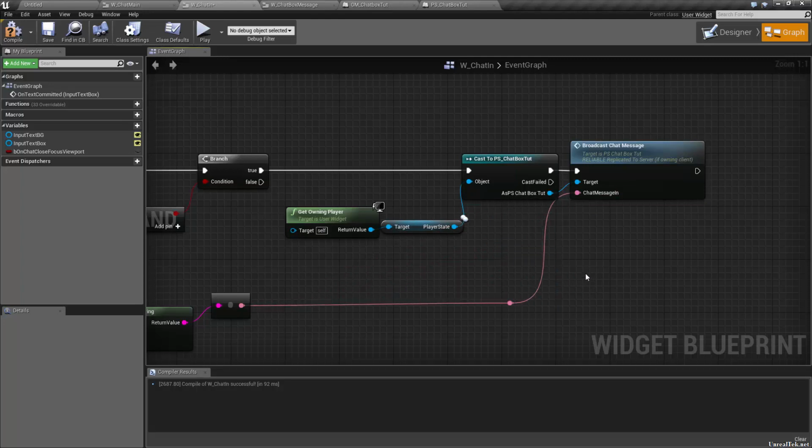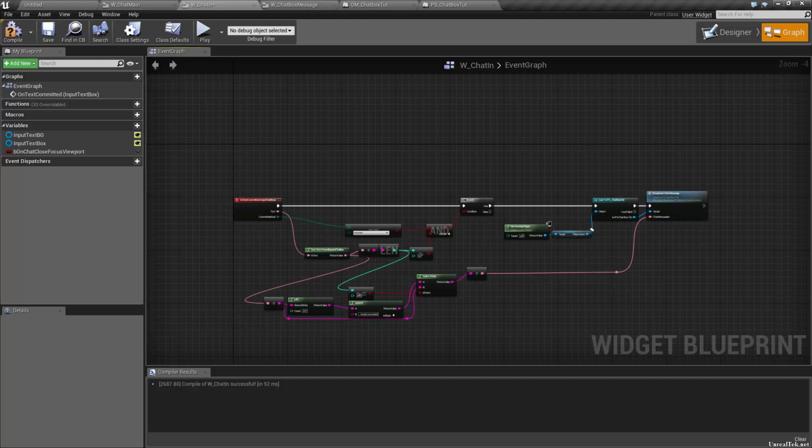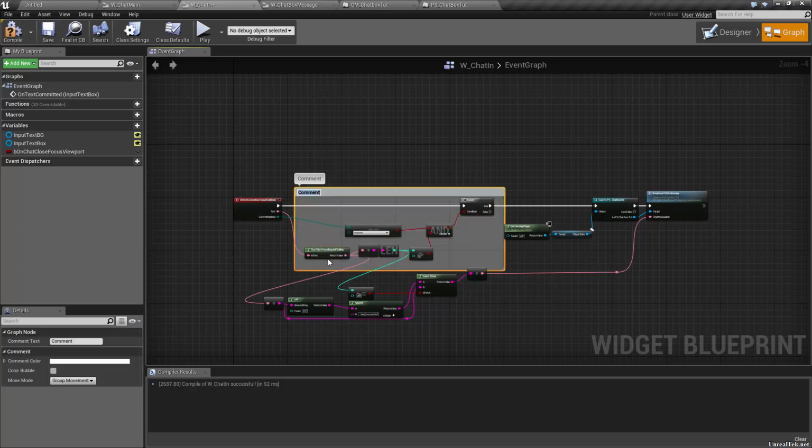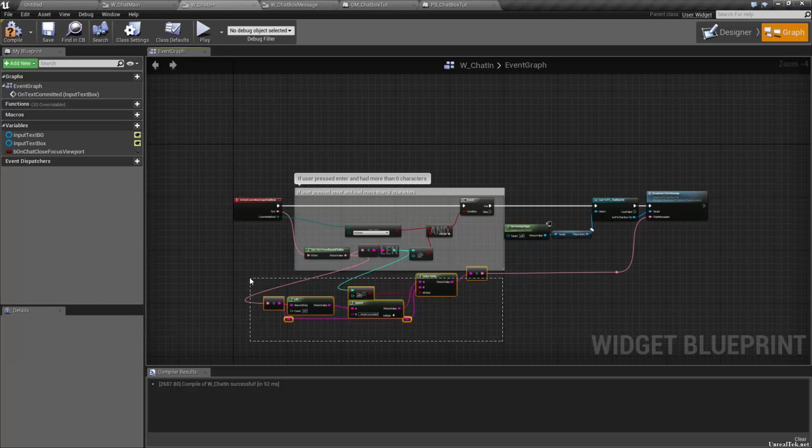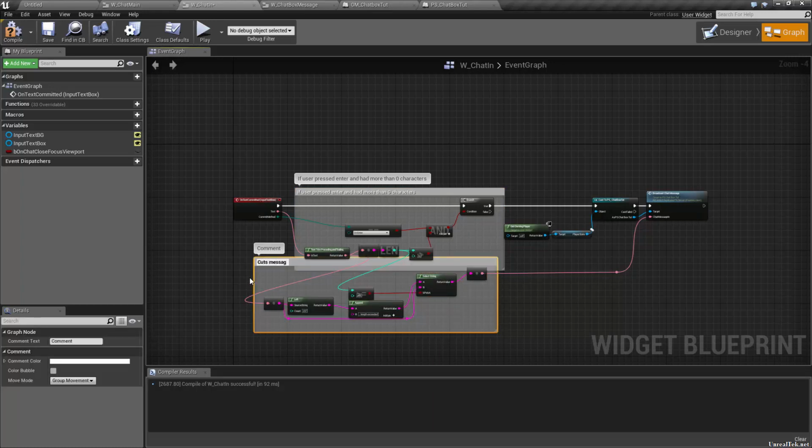So let's clean this up a little bit. So if user pressed enter and had more than one character, or more than 0 characters, I guess you could say, this basically cuts messages off after 237 characters. We'll just say cards with length exceeded. And